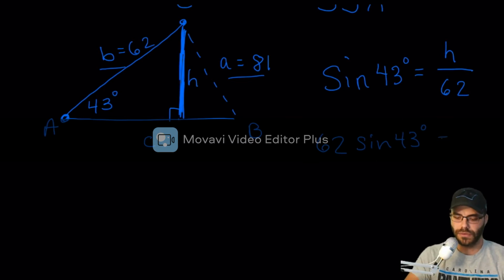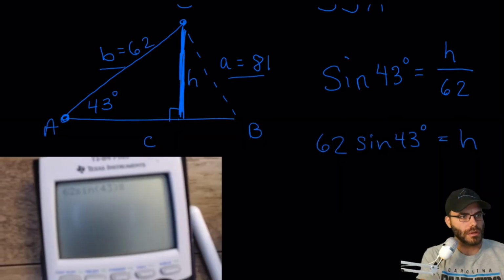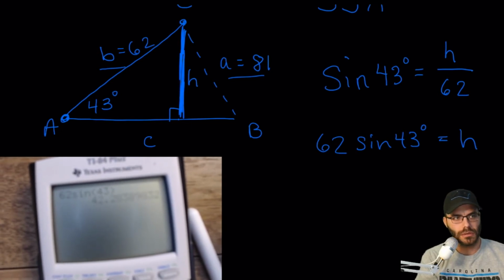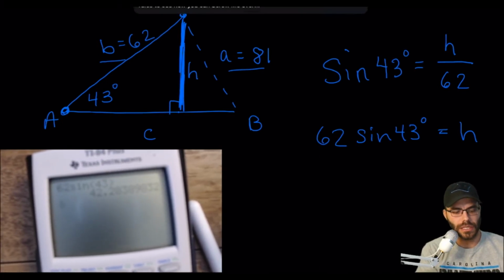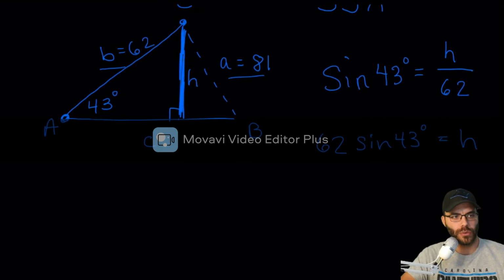And now, if we type that into our calculator, being sure that we are in degree mode, then we get about, let's round to 1 decimal place, about 42.3. So H is approximately